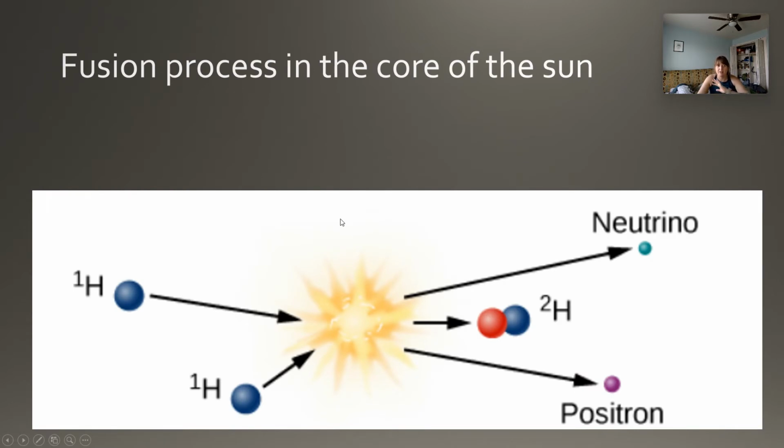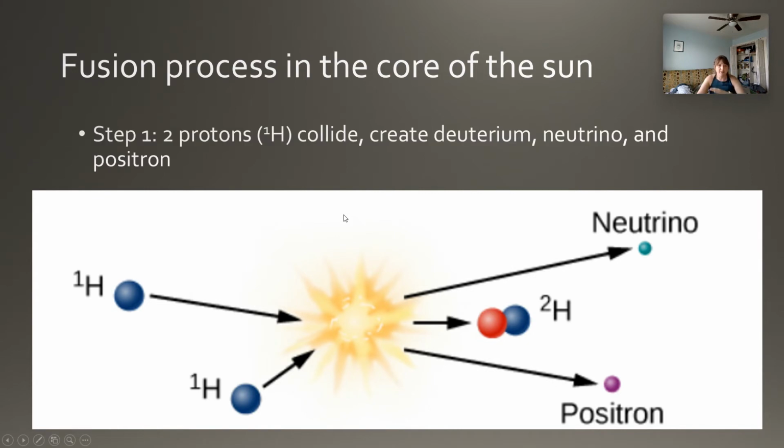So the fusion process in the core of the sun has three main steps. Step one, we have two protons drawn here as H with a 1 to represent hydrogen, a hydrogen atom with just one proton. I guess nucleus, not atom. Two protons come together, and when they collide, they create a hydrogen isotope called deuterium that has one proton and